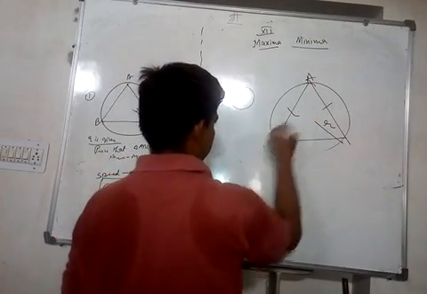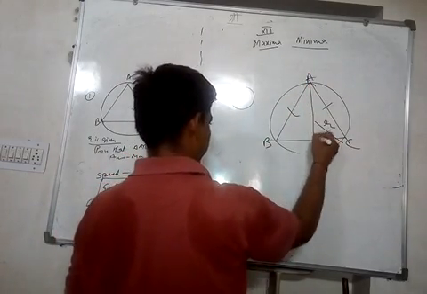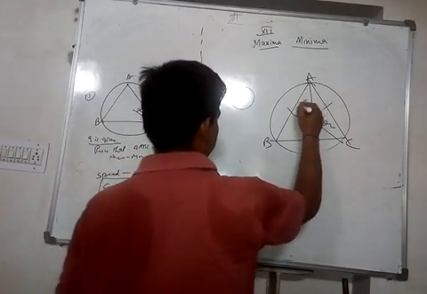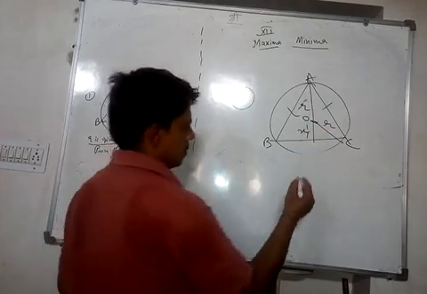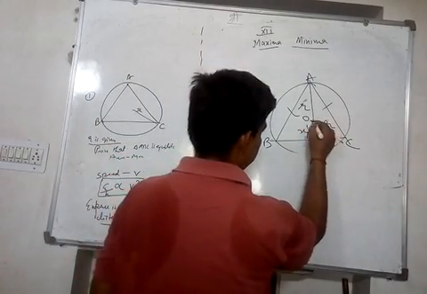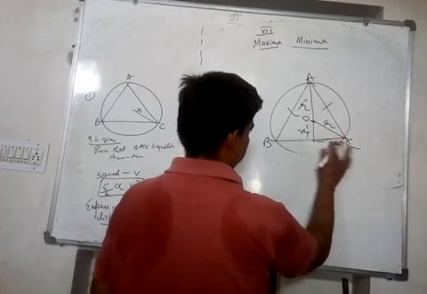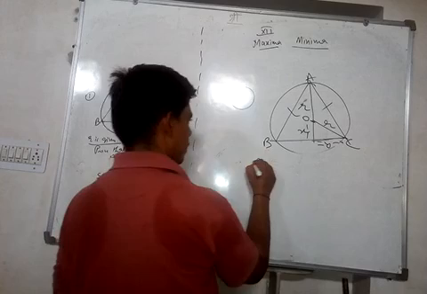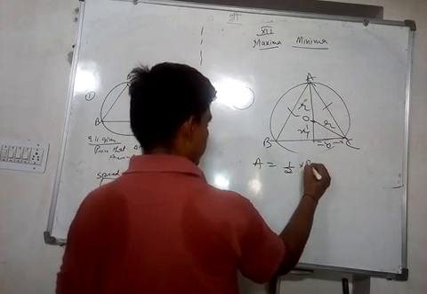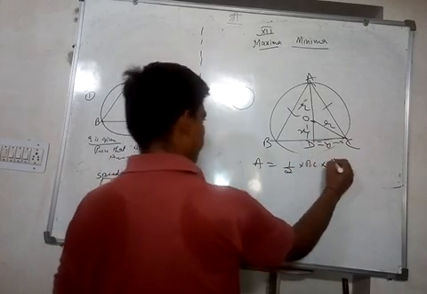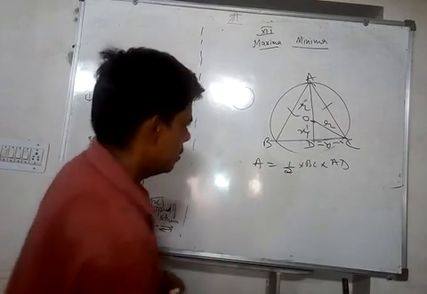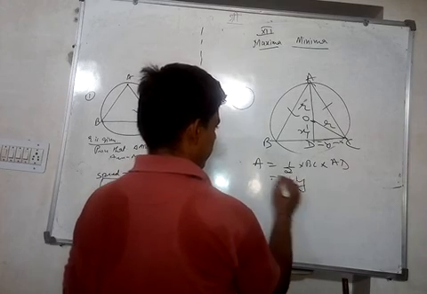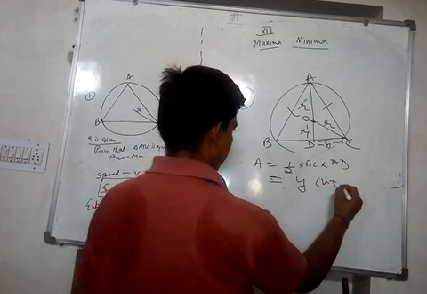So if two sides are equal, now let's consider A, B, C. O is the center of the circle. This is R and this is X. This is some side, say Y. Okay. So from this figure, what is the area of the triangle? It is half BC into AD, the height, since it is an isosceles triangle. So half BC is Y, and AD is X plus R.